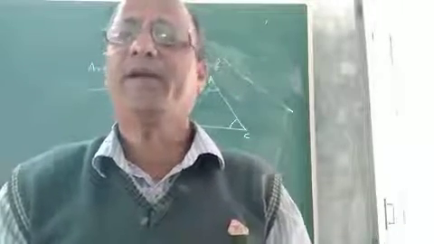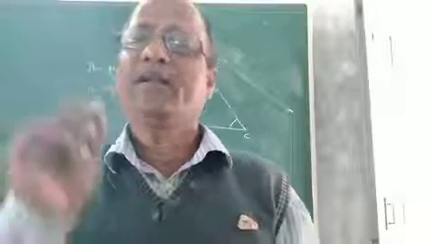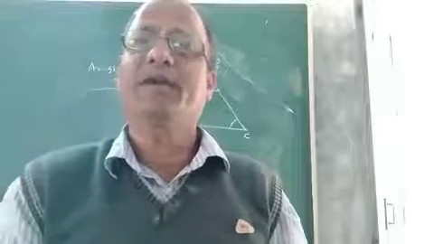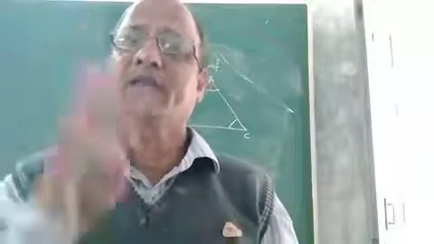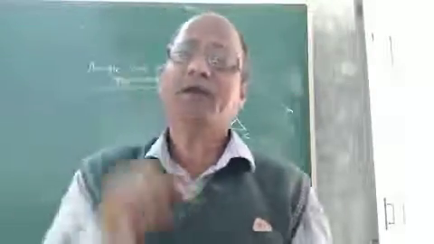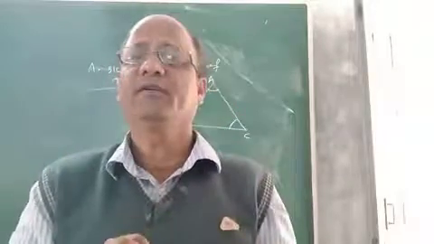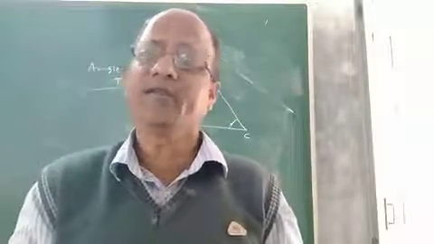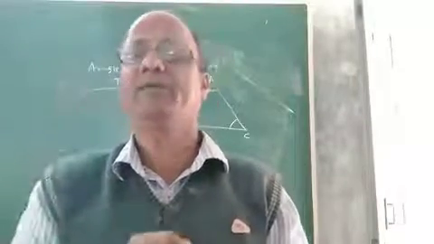Children, in class 5, we had read one thing, I hope you must have remembered. You know that in a triangle, if someone asks you how many interior angles there are, you can easily say, sir, it is 3. There are 3 interior angles in a triangle. Now, if somebody asks you what is the sum of these 3 interior angles, you can also easily say, sir, it will be 180 degree. Yes. We have already read it in class 5.